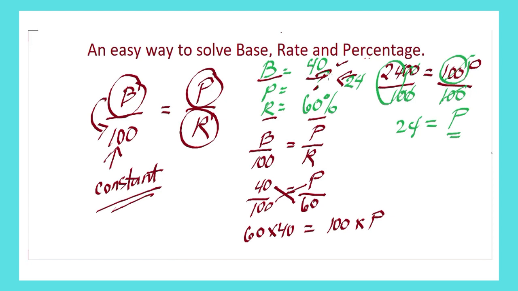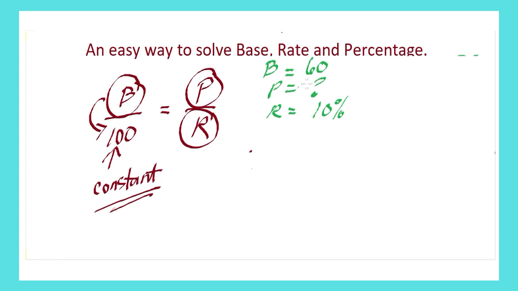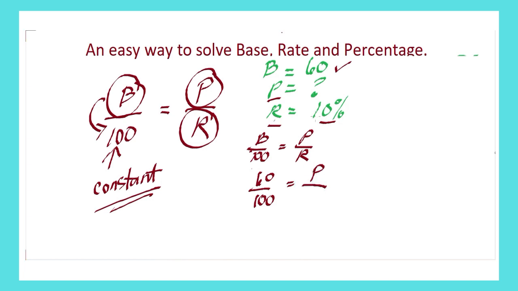All right. Let's have another example. For this given, we got the base, which is 60. Still, the percentage we don't know, but our rate is only 10%. Again, by following the formula, B over 100 is equal to the percentage over the rate. B is 60, so you just replace it, 60 over 100. The P we don't know, so we write P. The rate is 10. The next thing that you're going to do is just cross multiply,